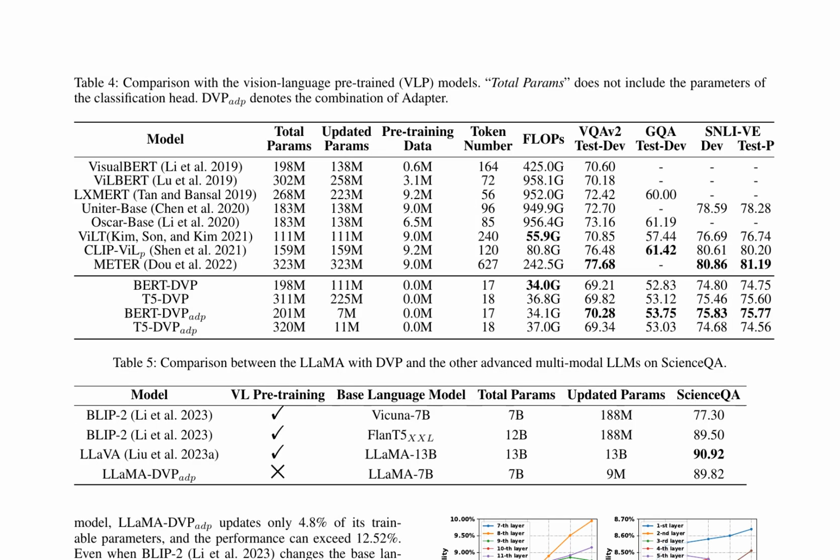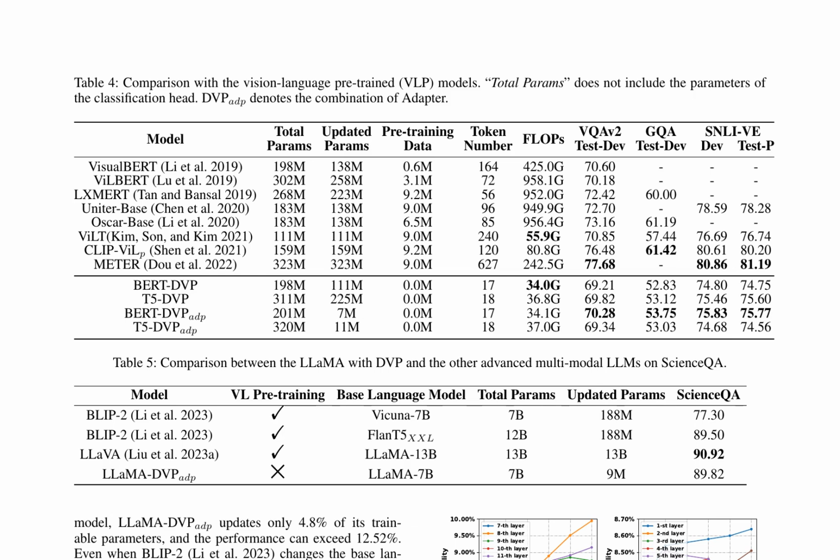The table comparison illustrates the performance of various vision language pre-trained models, including Visual BERT, VilBERT, LXMERT, Uniter Base, Oscar Base, VILT, ClipVil, and Meter. Notably, the Dynamic Vision Prompt (DVP) model, when combined with the adapter approach, achieves competitive performance with fewer updated parameters